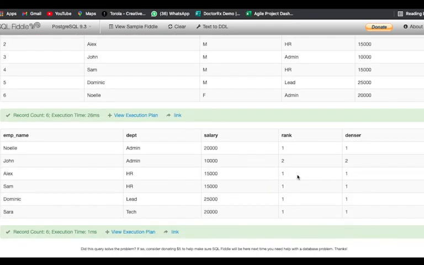Alright, so first let us look at our rank function. You see it started from 1, came to 2, because it has been partitioned according to the department. So we have our admins, and within that we have used the rank according to which one has the highest salary, and then we have ranked them accordingly. After that, each one of them has been assigned rank 1. Why? Because all of them have different departments, so there's no criteria to partition them by. So all of them have got the first rank, and similarly for the dense rank.